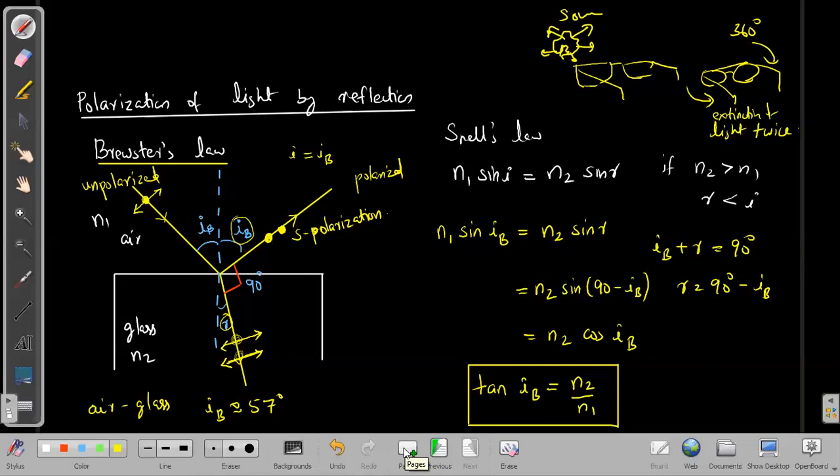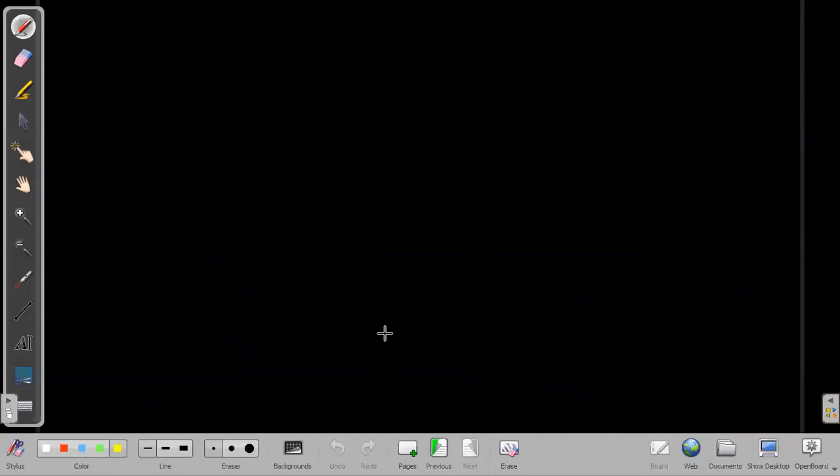The next topic is polarization by refraction, and there is not much to say here. The main portion we already discussed previously. Polarization by refraction is basically the byproduct of polarization by reflection. Suppose you have a glass slab,